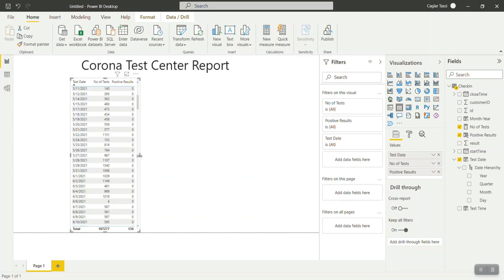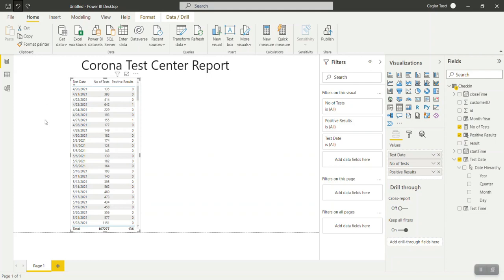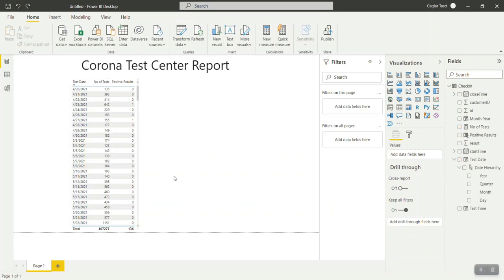It has taken the same size as the table, but that's fine, we can change it later on. This slicer will be for month year. So what I will do is I will add month year to the field. So you can see that all the values are coming as a list in the month year. So this is something that will be helpful.